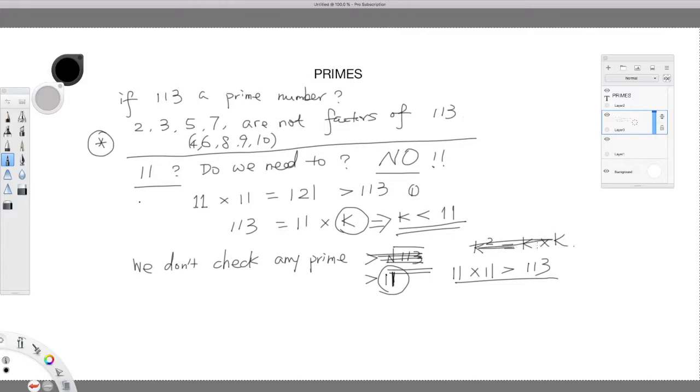And you don't need to remember or try to understand what a square root is. Okay? I'm just telling you that you can stop far earlier than checking all the prime numbers all the way to 113. So to recap, to check a number,